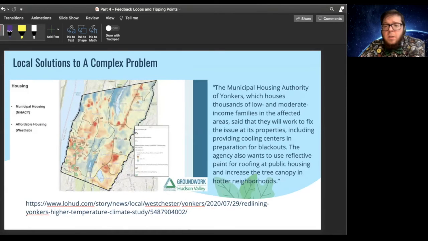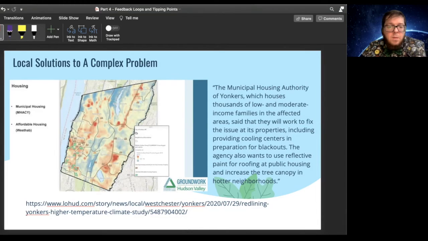But there's good news on the local front. The rest of the article talks about solutions. The Municipal Housing Authority of Yonkers, which houses thousands of low and moderate income families in the affected areas, said that they will work to fix the issue at its properties, including providing cooling centers in preparation for blackouts. The agency also wants to use reflective paint for roofing at public housing and increase the tree canopy in hotter